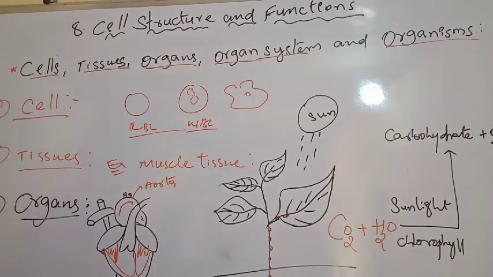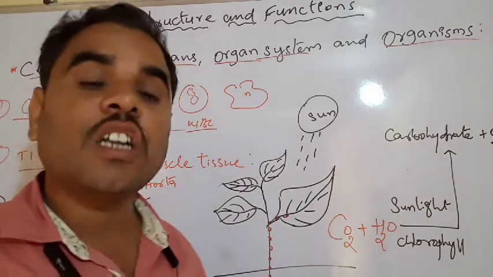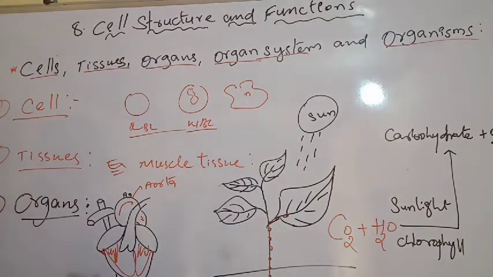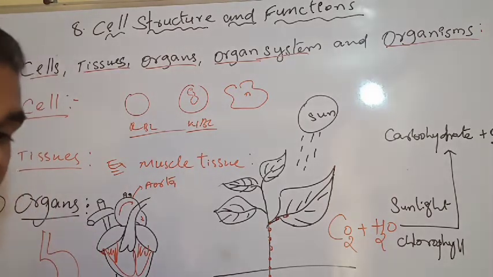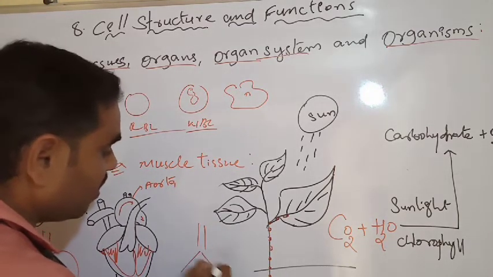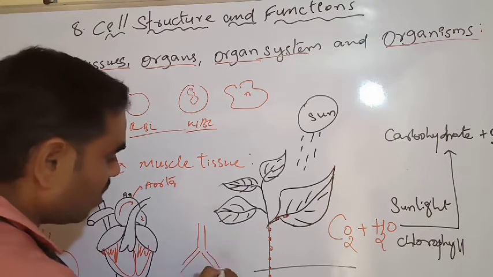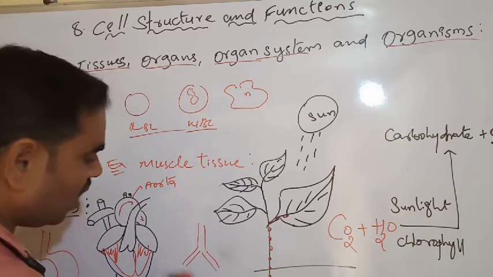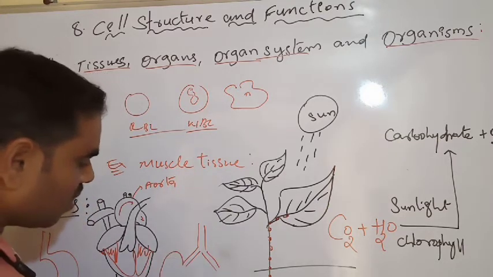The heart is a pumping organ. The heart is transporting the blood to each and every body cell. Next, this is our digestive system. It digests the food substances and transports them to each and every body cell. Next, we have to see the lungs. The lungs' main function is